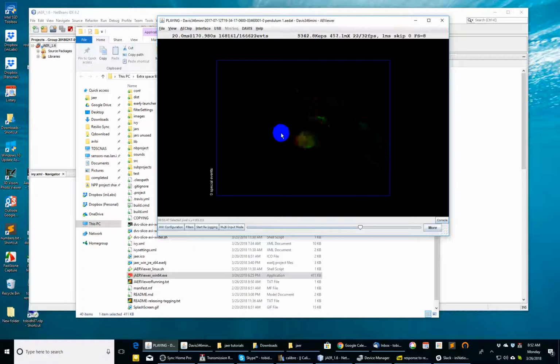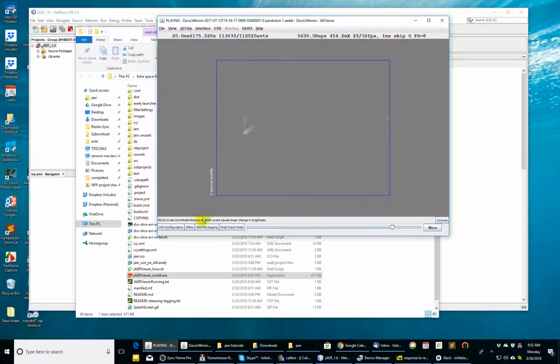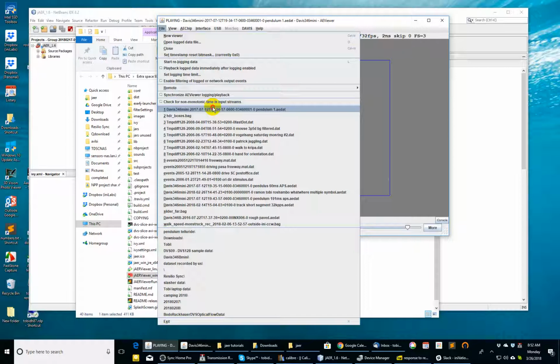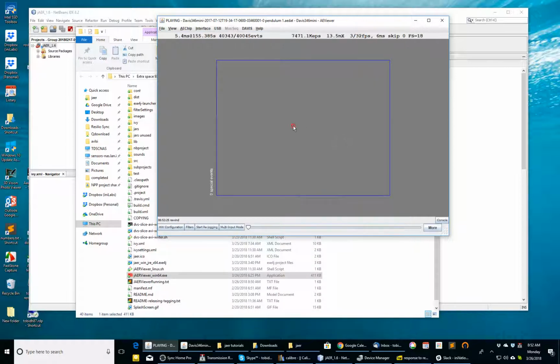I'm going to use the C key, and if you notice down here it says every time I push C for color mode, it changes to a different color rendering mode, hot code, gray level, and I'll use gray level for now. Now I'm going to use the mouse wheel to scroll up and down the contrast. If I do that, not sure what went wrong there, but if I start playing this recording again,